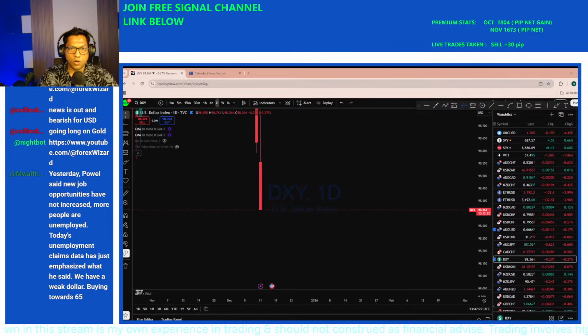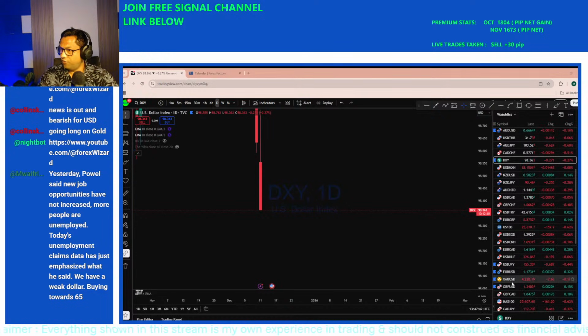A bearish DXY normally creates bullish gold. Okay, this is a rule of thumb here that you can see. Now, but gold, we see that so far